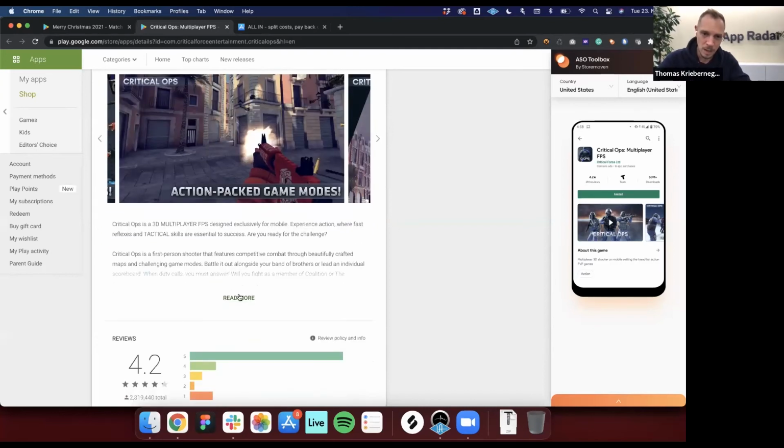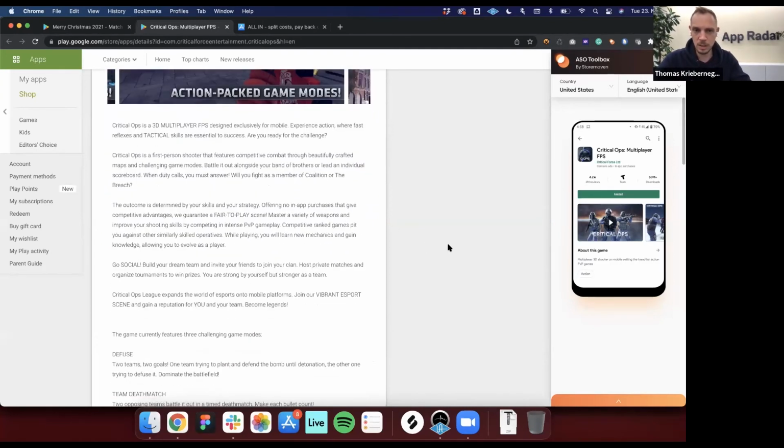When we go through the description on a high level, what we can see first of all is, once again, optimization for specific keywords that this app obviously wants to be found for. I think they're doing quite a good job in this regard by entering good keywords and trying to optimize for them. Once again, don't do this just because you think you enter keywords that could make sense. App Store optimization is meanwhile a very professional topic. So use a tool like AppRadar that can help you identify the right keywords for your app, where you also have chances to be found.